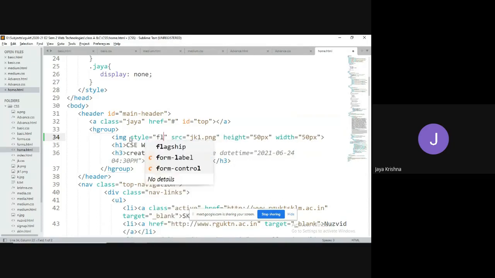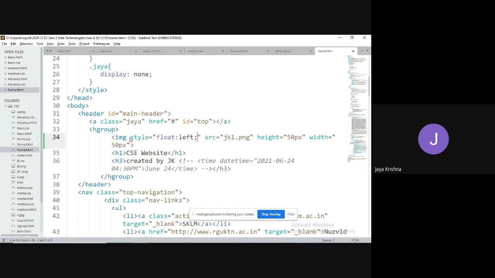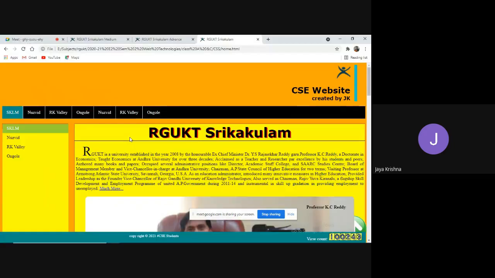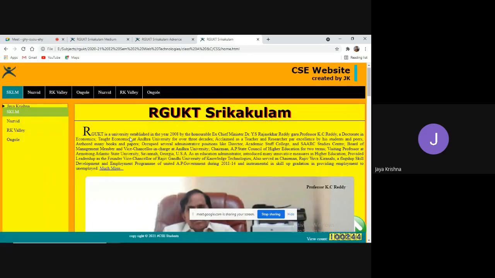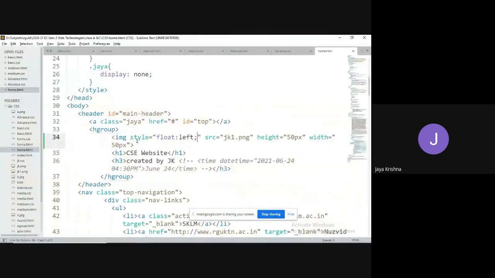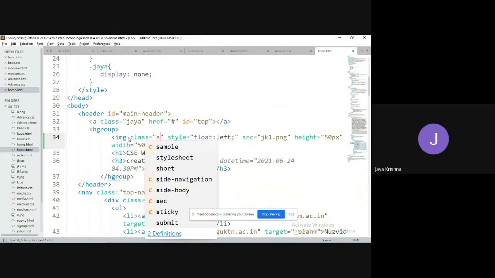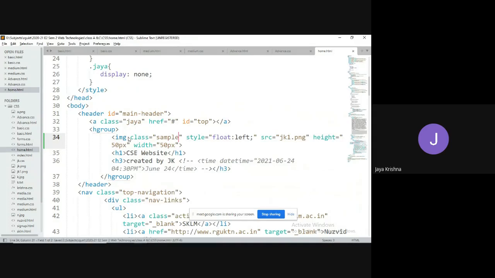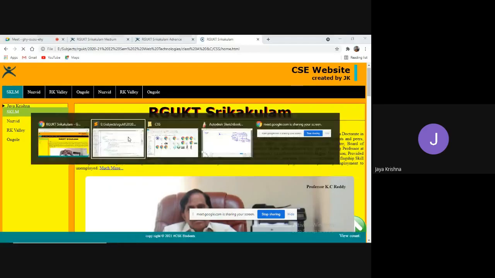Style equal to float towards the left side. Yeah, fine. It will be aligned perfectly. I will take the class for this one in order to apply further styles, class as sample only. Any effect? No. Fine.